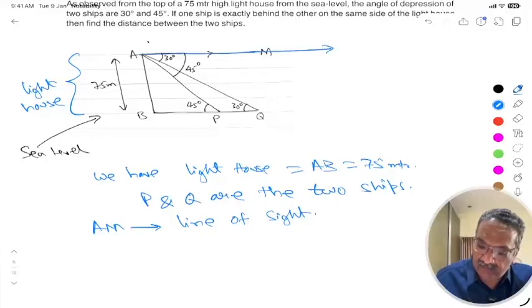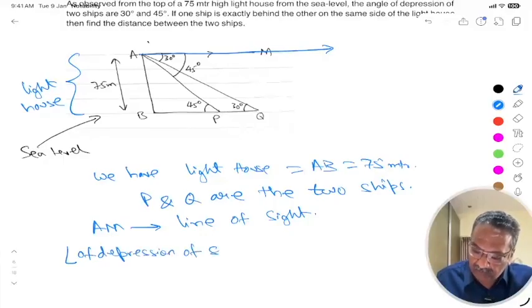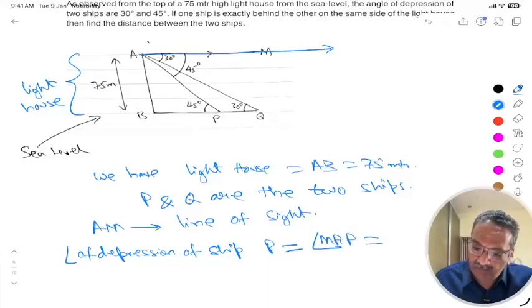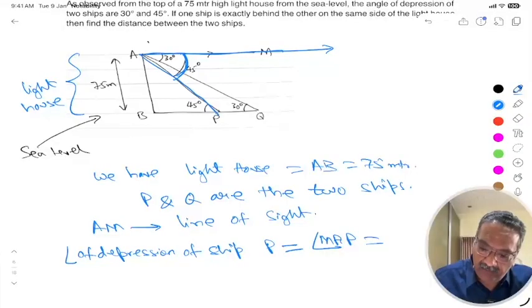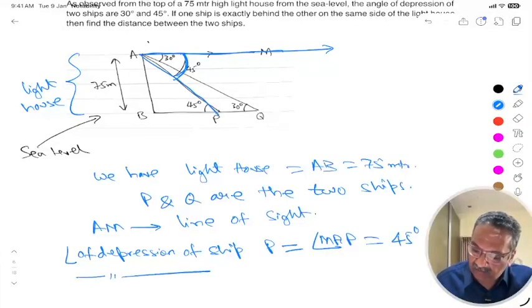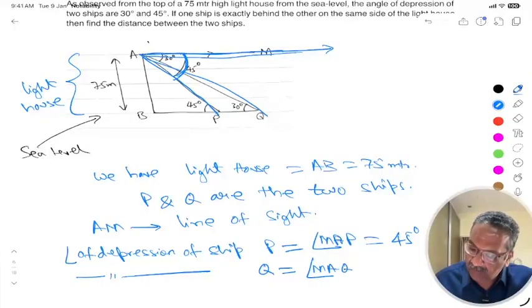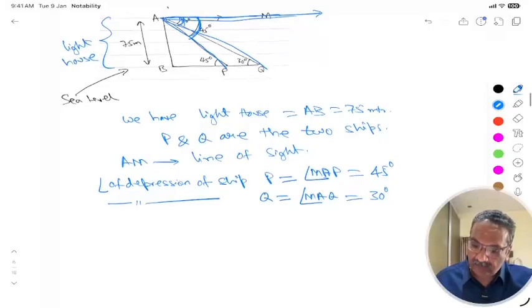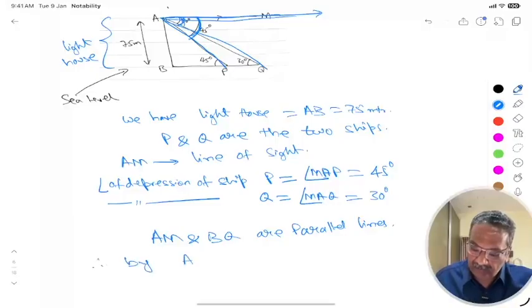Correct? AM is the line of sight. Angle of depression of ship P is nothing but angle MAP, which is equal to 45 degrees. Similarly, angle of depression of ship Q is angle MAQ. Alright, this is nothing but 30 degrees. So we have got these two. Now we know that AM and BQ are parallel lines. Therefore, by alternate interior angles,